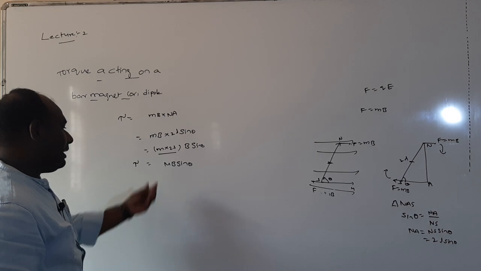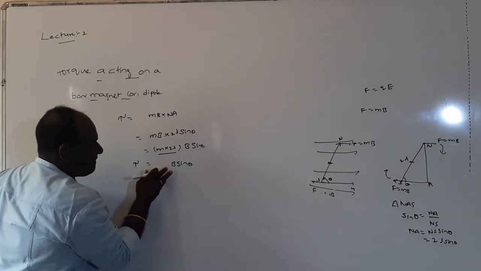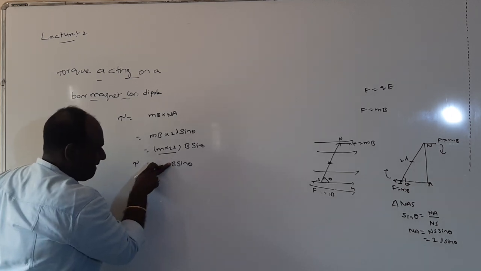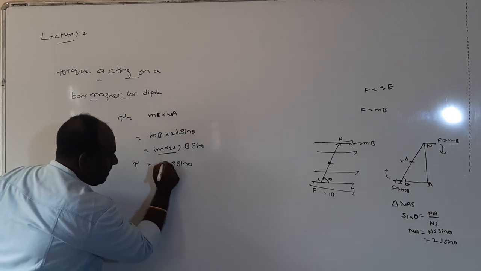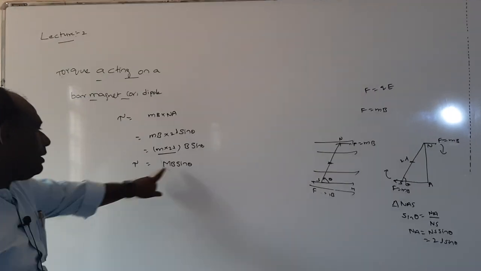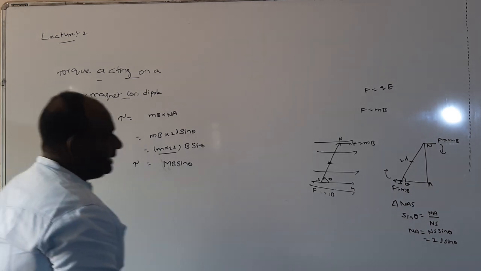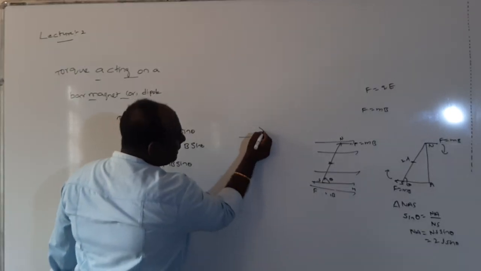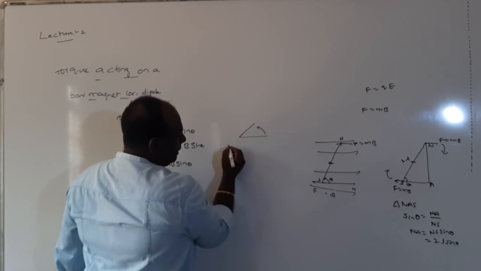Sir, see, I can assume this is capital M. Tau equal to MB sin theta. I can write this tau is known as restoring torque, since we assume this is a magnet needle. I am rotating it in this direction. If you rotate this in this direction, the needle is in this position.